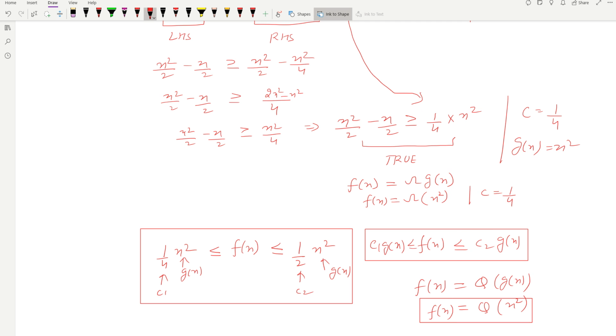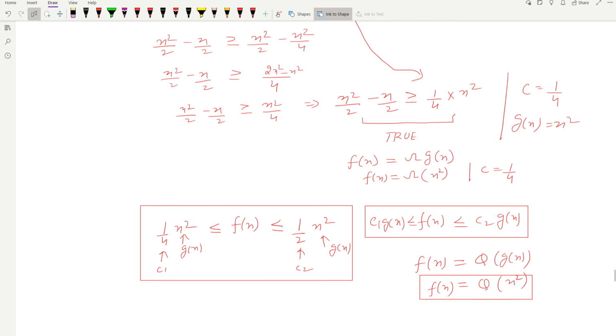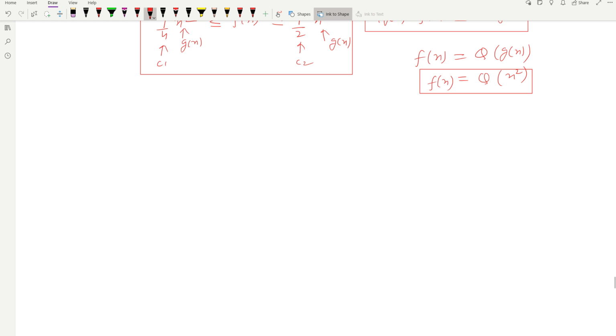Okay, so just as a task you can complete this. We have to prove that the function f of n given as 3 n square 3 raised to the power n plus n log n is actually theta of n square into 3 raised to the power n. Okay.